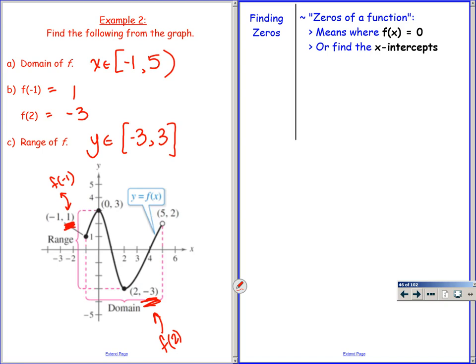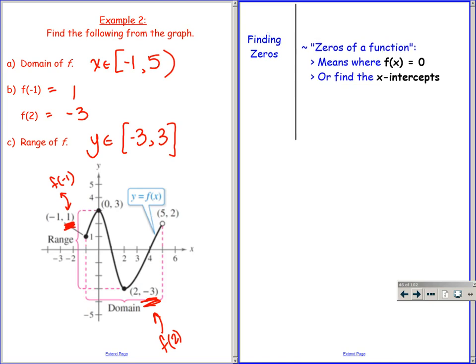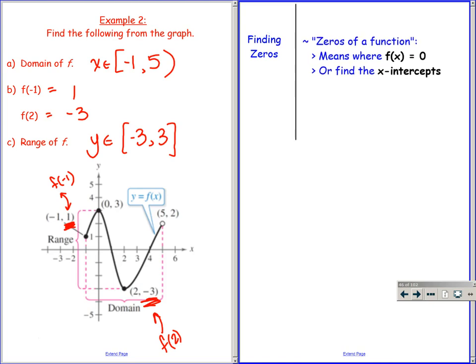Get it? Okay, so what's going on when we come over here and when section 1.5 says find the zeros? For x. Not the x. Oh, for the y. Yeah. This is a new vocab, and I think I kind of used it earlier this year, but the book didn't use it yet. If they say find the zeros of a function, they mean when the function value is 0, which means when the y is 0. So we're setting the entire function equal to 0, which if they give us a graph, we'll be like, sweet, x-intercept, x-intercept, x-intercept. If they give us a function, well then we take the entire function and set it equal